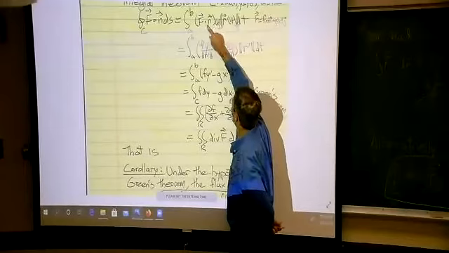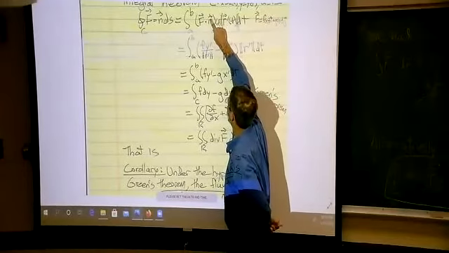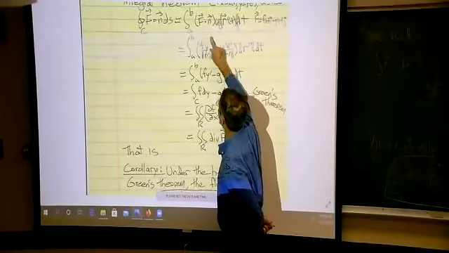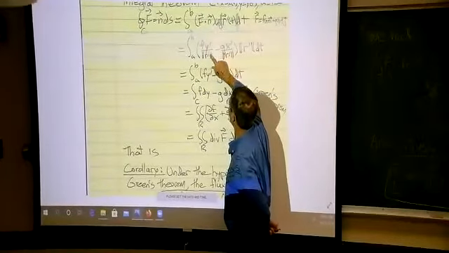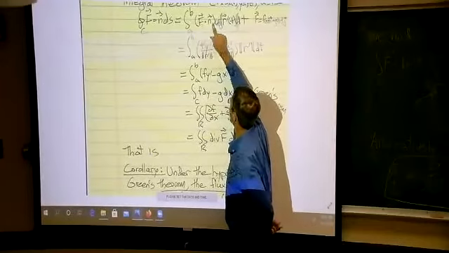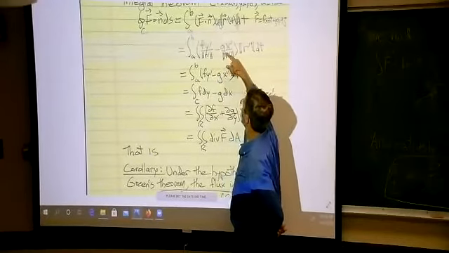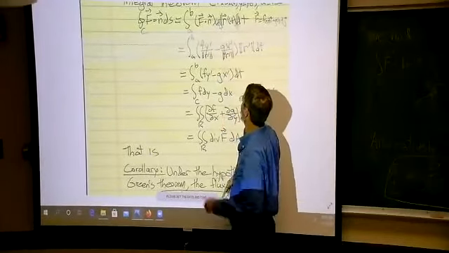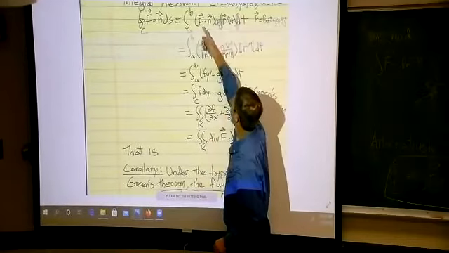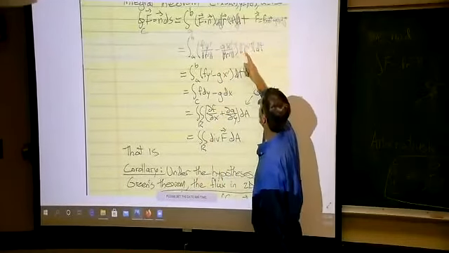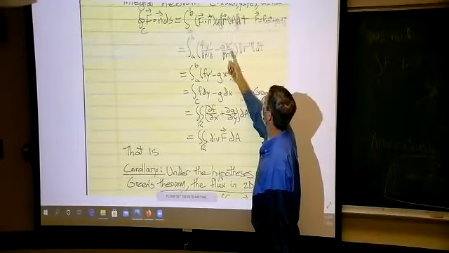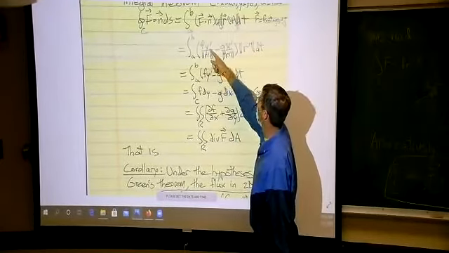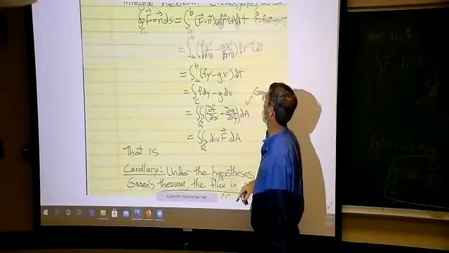I'm sorry, y prime minus x prime is this one. This one has components f and g. This is the dot product. First component of this one times first component of the second one. Second component of this times second component of that. That's g times x prime over length of r prime. So this is the dot product of f and n. And then I've got the length of r prime dt. Now the lengths of r prime cancel. I just get f y prime minus g x prime dt,